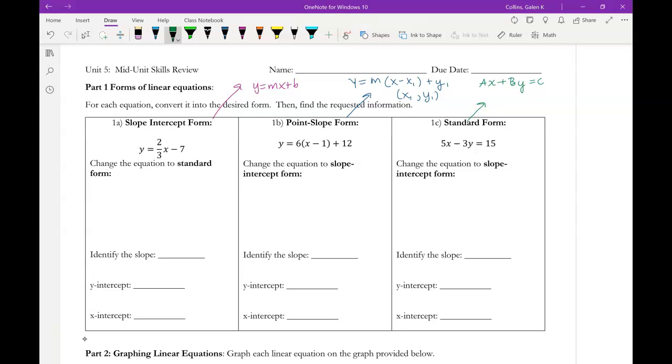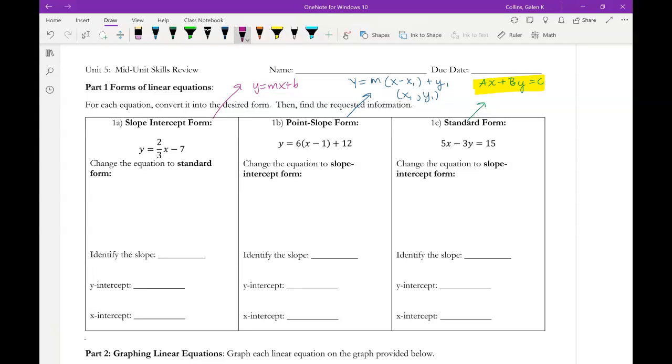So, all right, in part 1, we are changing forms. In 1a, we have a function in slope-intercept form, and our goal is to change it to standard form. So this ax plus by equals c. If I look at that, I want to get x and y on the same side. I want the coefficient of x to be positive, and I don't want there to be fractions. So lots of ways we could start this one, but honestly, if it were me, I like to deal with